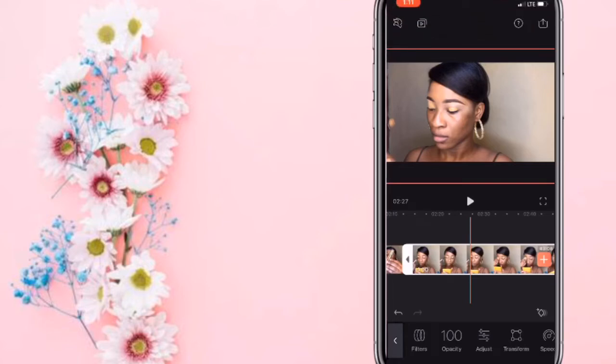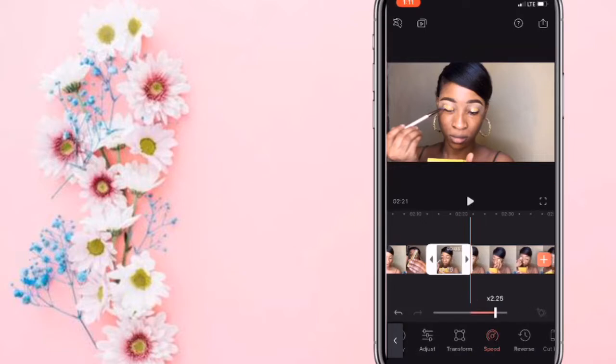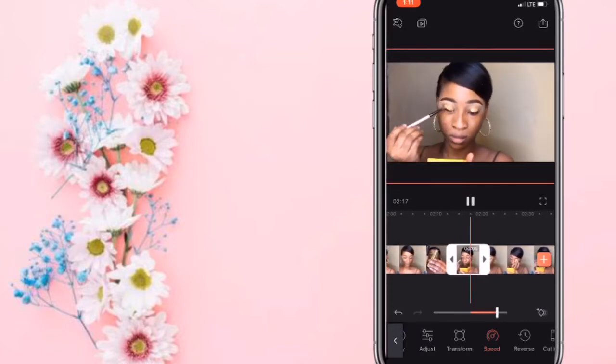Once I cut it, I'll then go down below, select split, then select it, audio, mute it so that nothing is talking, because I'm going to increase the speed, and I like to increase my speed all the way to 2.50. That way it's moderate. But if I have a feeling that my video is going to be too long, I like to increase it all the way to